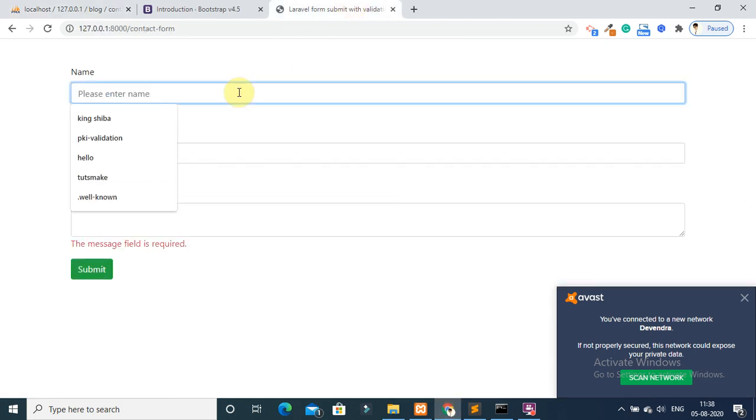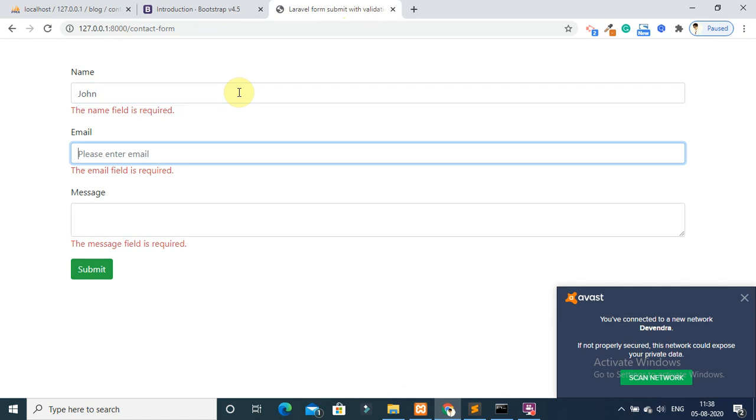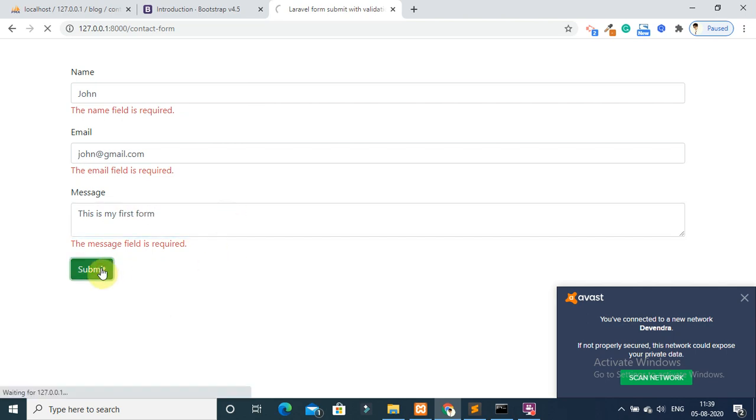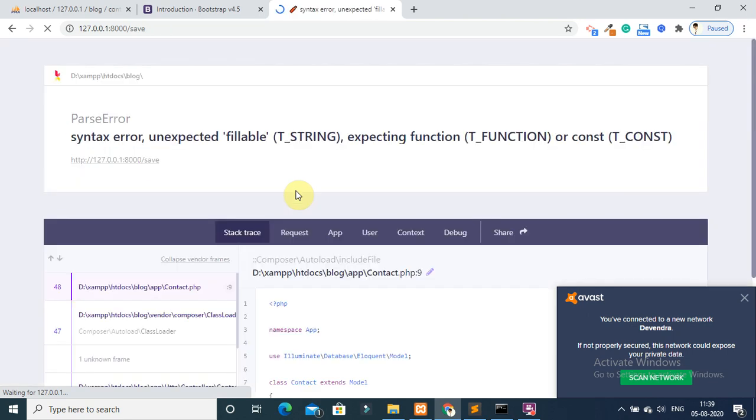Now I will enter proper information, john@gmail.com, and this is my first form, and submit it. Unexpected fillable error.